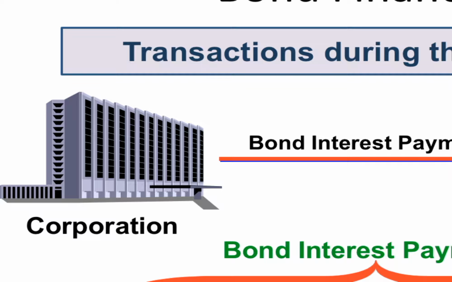A lot of entities will use bonds as a way to hedge risk, because really the only way a bond doesn't pay off is if the company that issued the bond goes out of business. And at that point, if you remember when we talked about the basic accounting equation, creditors get paid first.